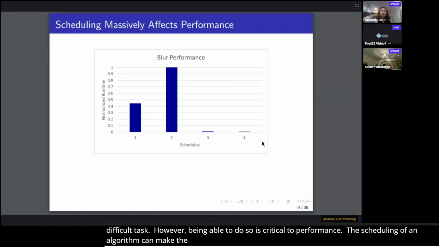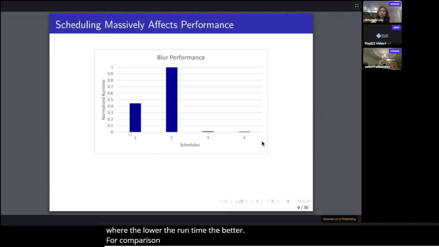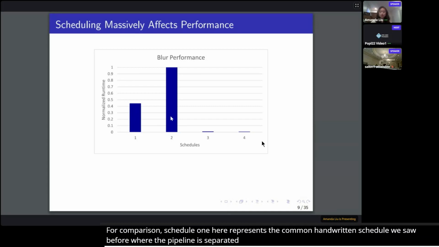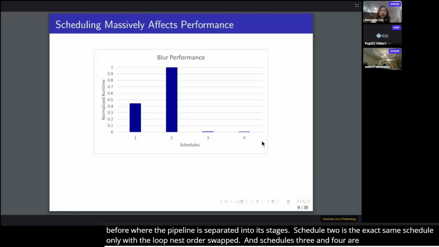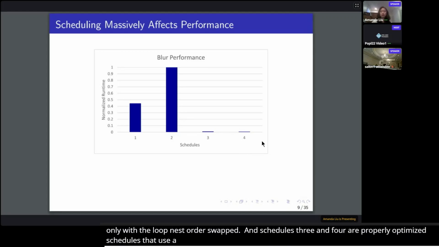So take, for instance, the performance of different schedules for the Blur program we looked at in this graph of runtimes, where the lower the runtime, the better. For comparison, Schedule 1 here represents the common handwritten schedule we saw before, where the pipeline is separated into its stages. Schedule 2 is the exact same schedule, only with the loop nest order swapped. And schedules 3 and 4 are properly optimized schedules that use a combination of different methods, including tiling.